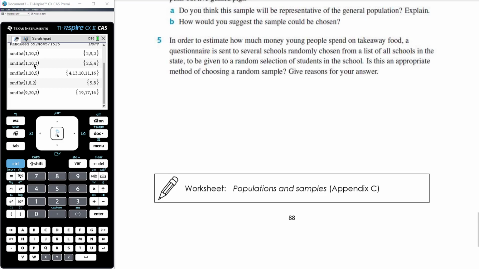Okay, so the exercise here is actually from the textbook. It's the populations and samples exercise. I can't remember what the number is off the top of my head, but I've replicated it here in Appendix C of your workbook so that you can actually write on it and reference it. I think the printout might be available online with the login for this particular exercise. Okay,